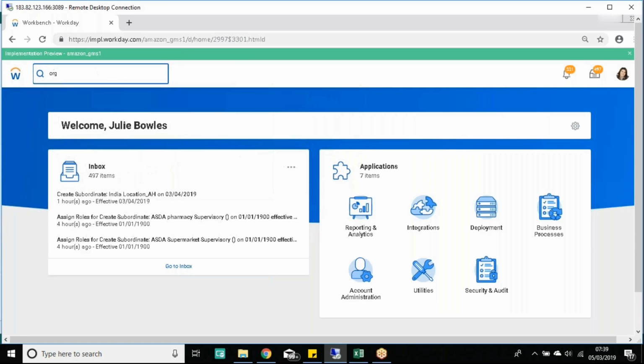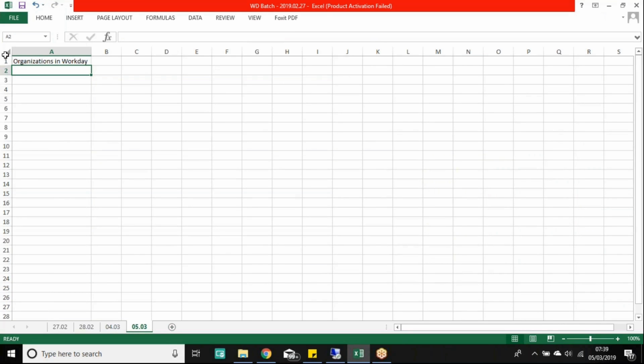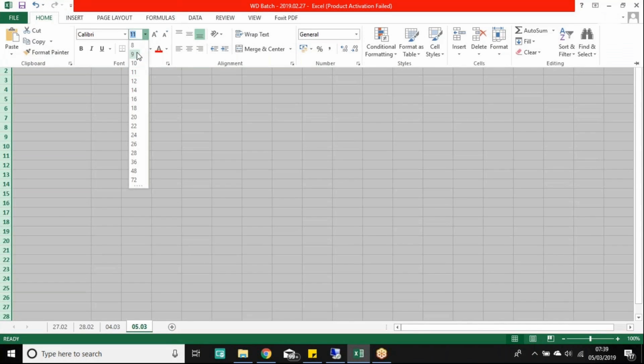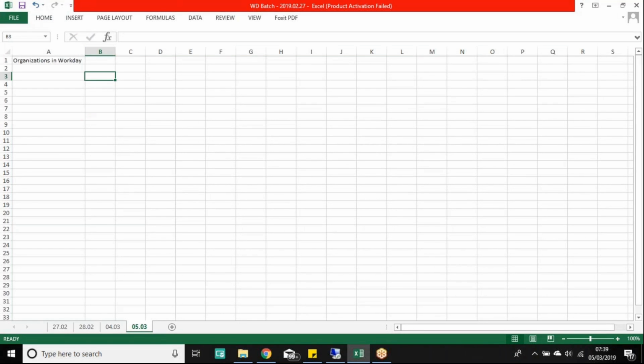So today we are talking about organizations in Workday, right? In Workday, an organization is a term, or a tool, which is used by Workday to represent or group various tasks, people, or resources. We'll expand on that term in a bit. However, for now, if I talk about organizations,